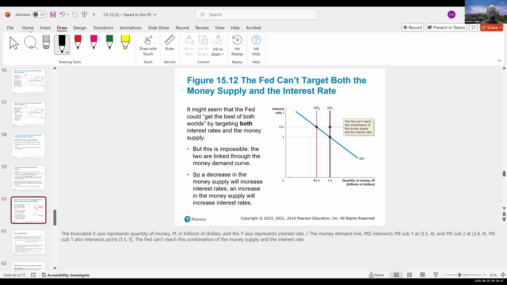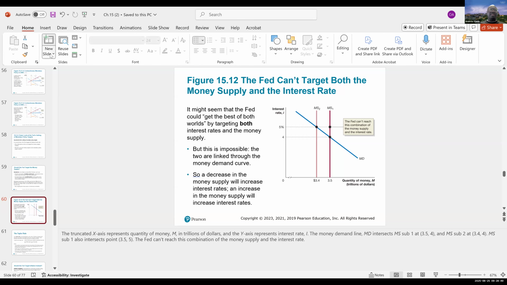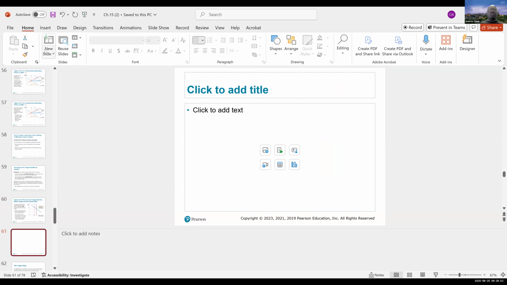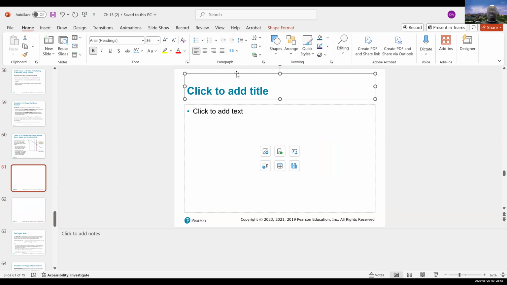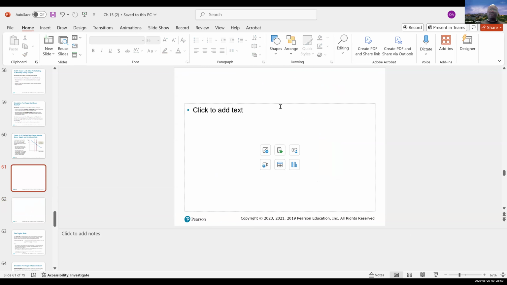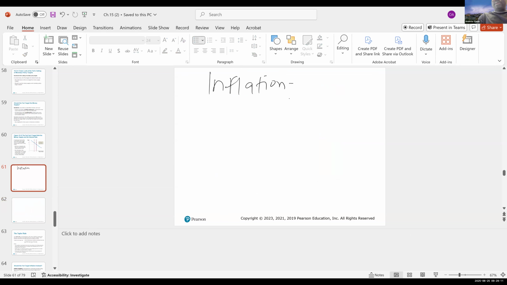Okay, because it's the one who developed it, it became the Taylor rule. So the Taylor rule is based on two main things. Remember when Congress wrote the Federal Reserve Act that created the Federal Reserve, Congress was concerned about two things. Congress was concerned about inflation. That's why the Fed needs to maintain what we call price stability as one of the main goals of monetary policy. And then Congress was also concerned about what we call the